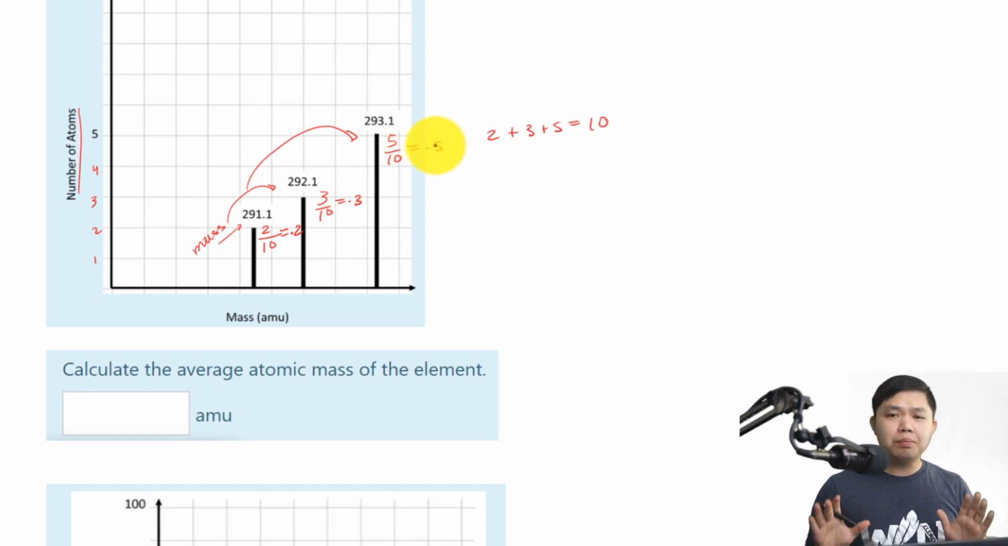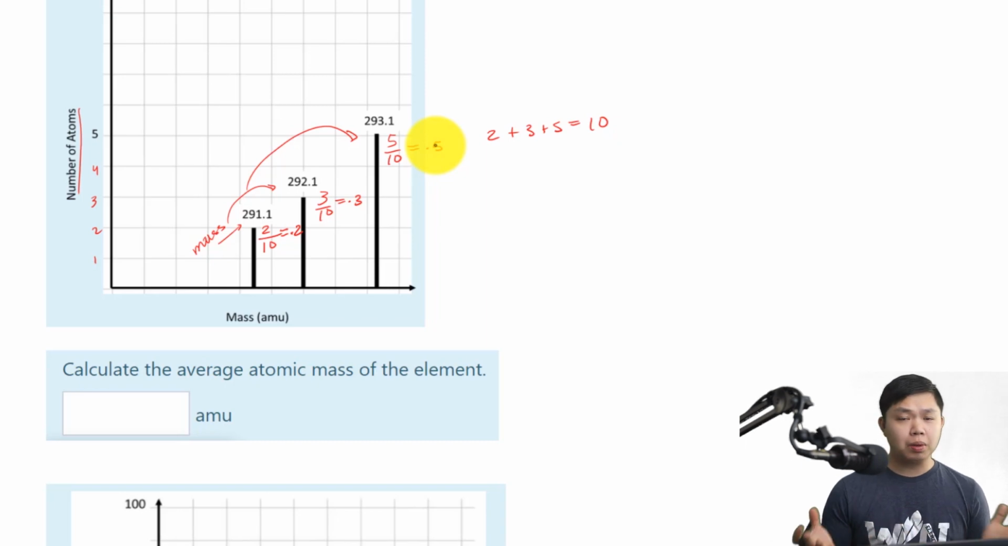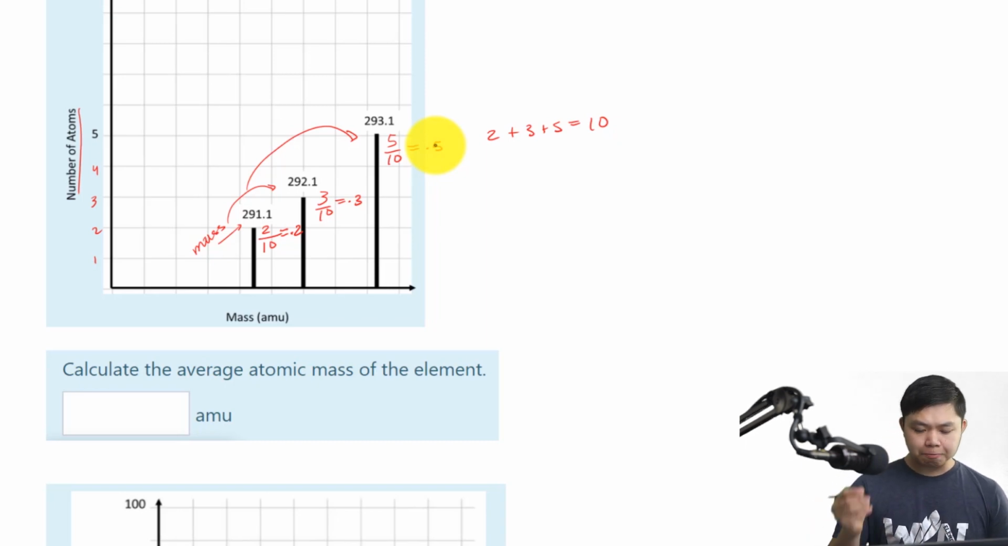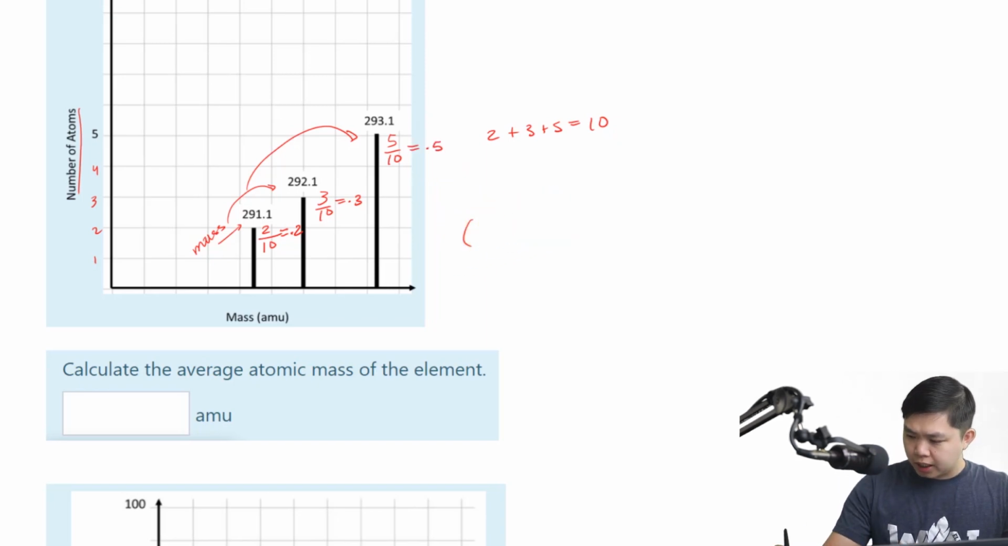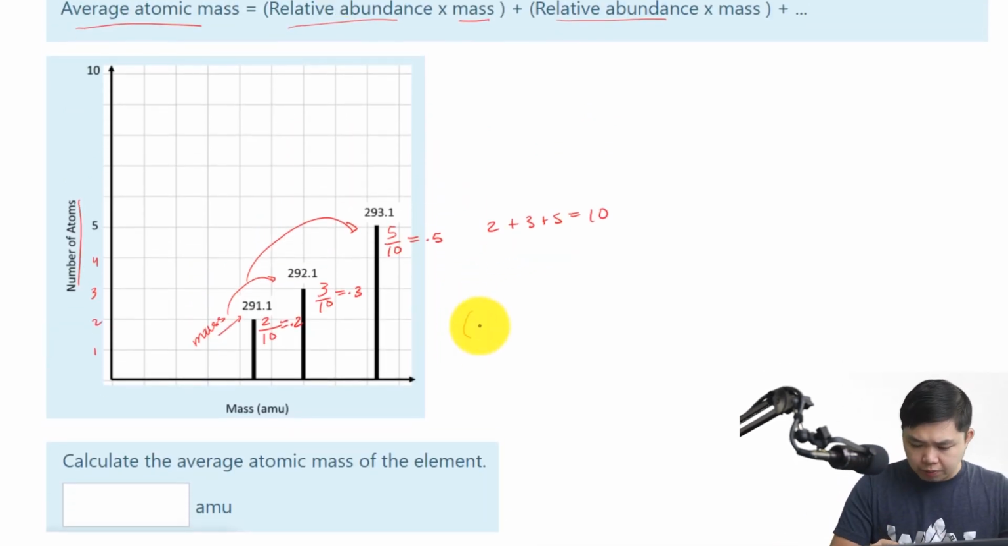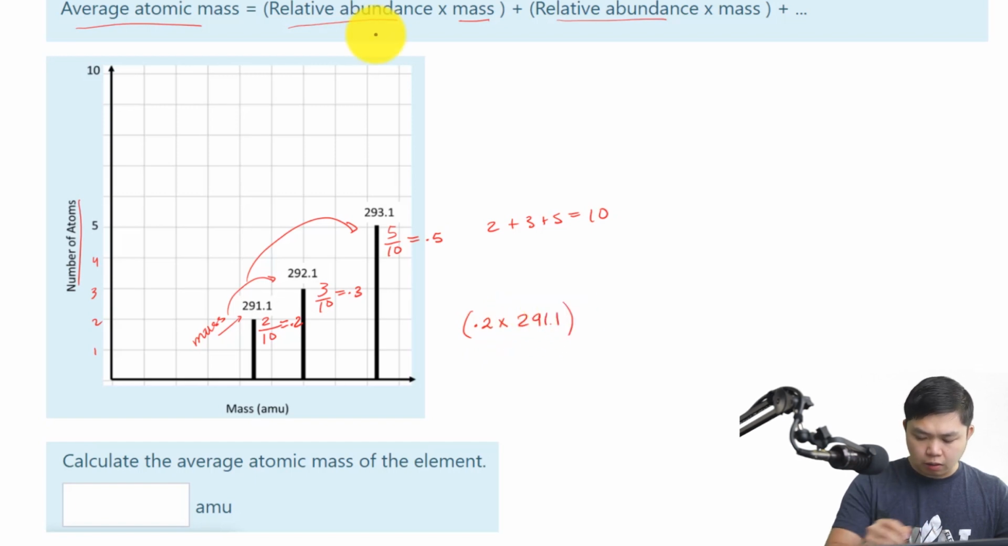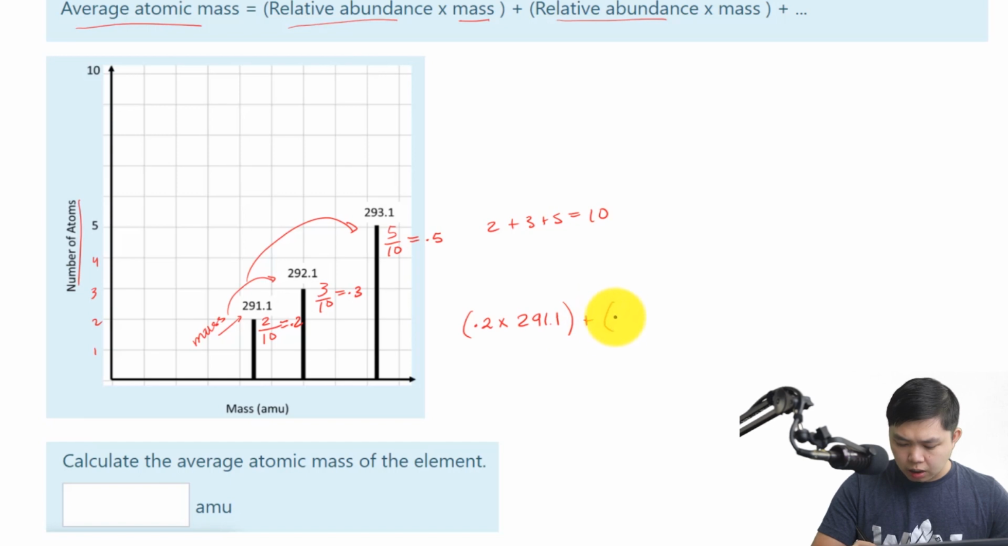And now we have the relative abundance in decimal, which we can multiply to get our average atomic mass. So let's go back over here. We have this equation, relative abundance times the mass. So we have 0.2 times 291.1. Okay, that's isotope 1. Then we go on to isotope 2. So we have 0.3 times 292.1. That's the second isotope. And we continue. We have 0.5 times